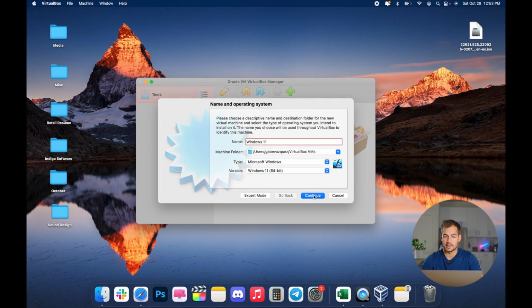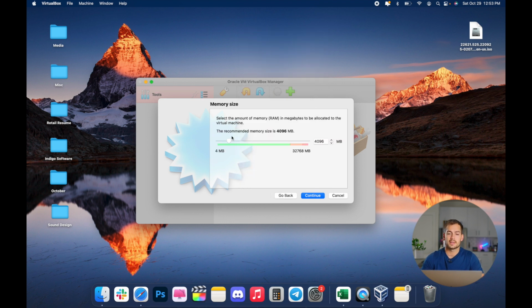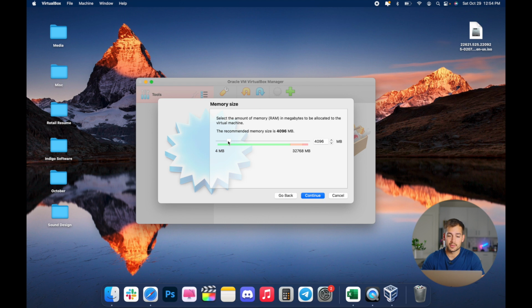So we'll press continue. Now here we can change the allocation of our memory for this virtual machine. Windows 11 is going to require 4 gigabytes or more of RAM, which is what this is set to by default. And 4096 megabytes is 4 gigs of RAM. So if you have 32 gigs of RAM or 64 or whatever the case may be, you can allocate more RAM if you choose to do so, but I'm gonna go ahead and just leave this as default and press